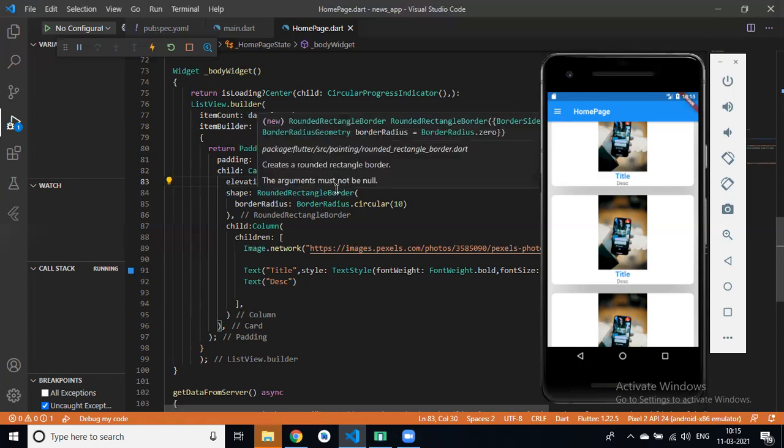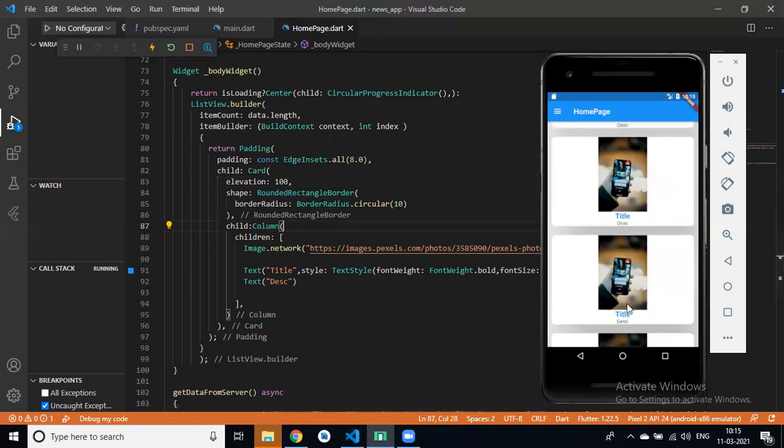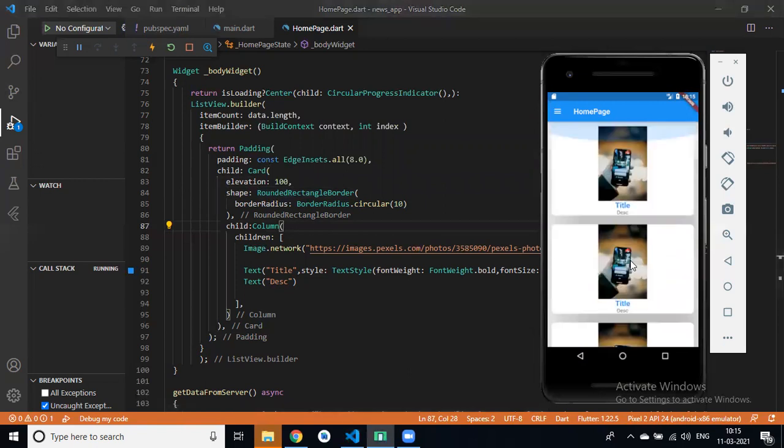If we need to give a space between the card and the image, like a top margin, then we need padding between the image and the card. The image should be in the middle and we should get space on four sides.